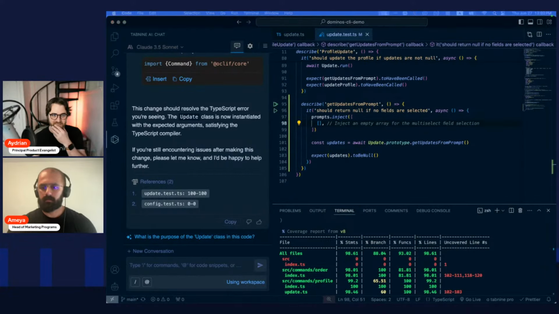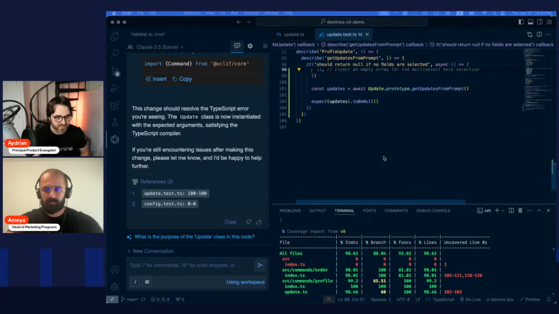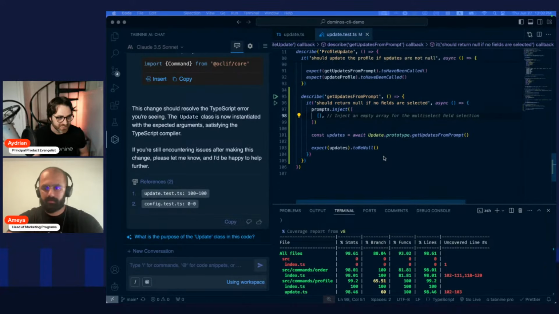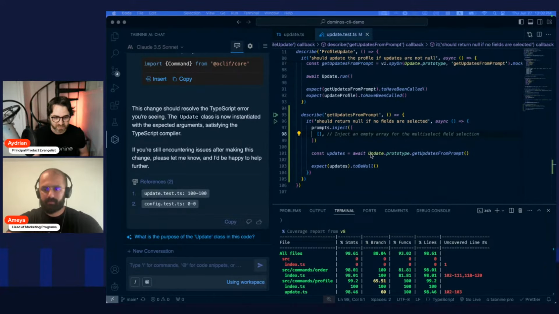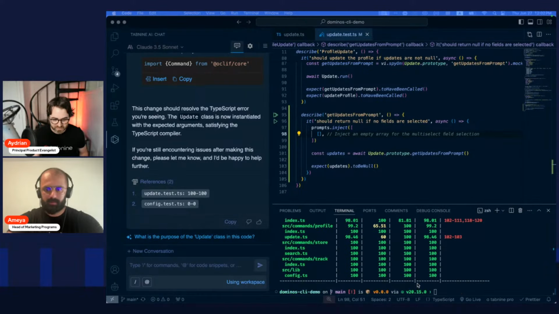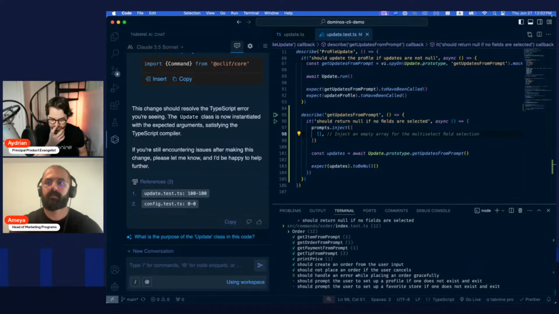So testing, you know, sometimes this works for me, sometimes it doesn't. But it got me there, and I was able to ask questions. It was using the update in the wrong way. Interesting. But now if we go back and we run npm run coverage, we should see that clear up.